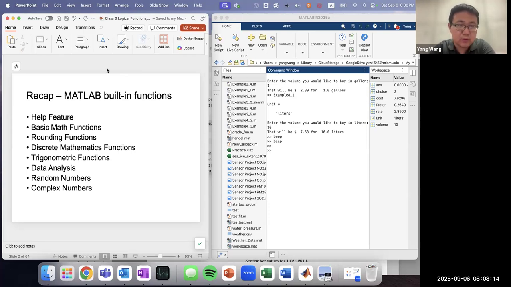Last class, we talked about MATLAB built-in functions, right? We said that MATLAB actually has a whole library of many functions built in to help us with our analysis, and it also depends on what type of toolbox you install onto your MATLAB. We said we could use the help feature to get an understanding of what each of the functions does. And then we talked about some basic mathematical functions, like the logarithmic functions, trigonometric functions, and rounding